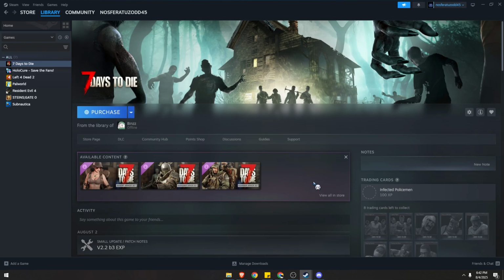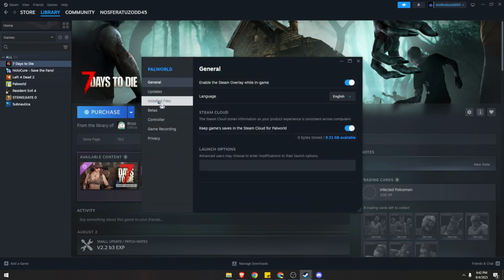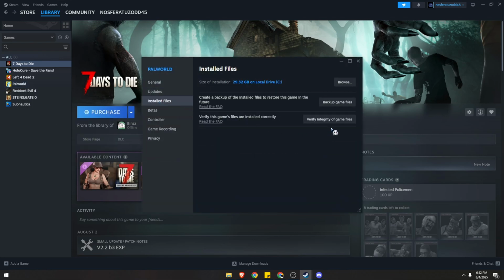What you need to do first is open Steam client, go to library, select that particular game. Let's just say Palworld. Right click, properties, installed files, click on verify integrity. This will scan your game files and see if there were any game files that are missing, corrupted, or installed